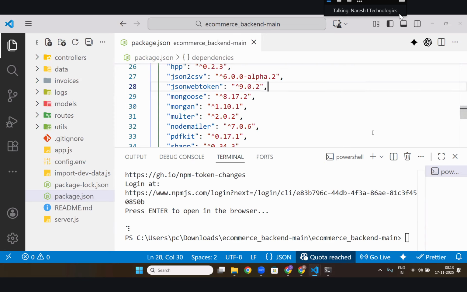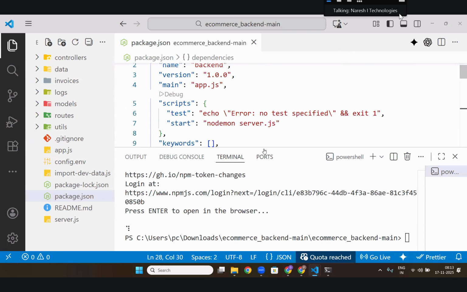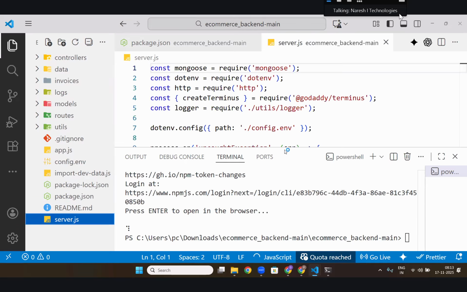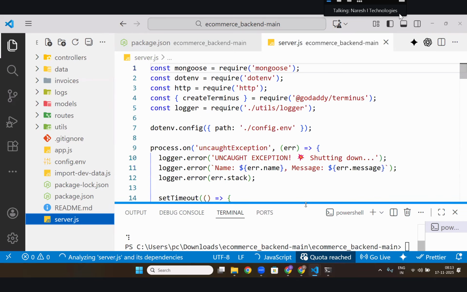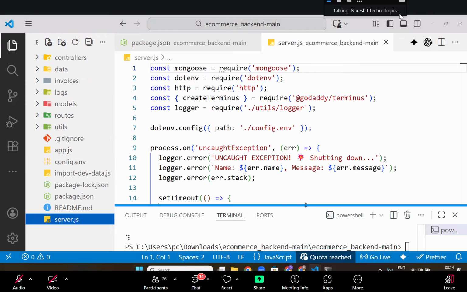Now, okay, next. What is the first file in this project? It will go nodemon server.js. Go to server.js. Now in this server.js, let's go here one by one. Why are we doing this? The reason is that when you go to a company, 99.9% of the time you don't start code. You check someone's code, because the company doesn't start with you. The company is already there. You are just part of the company.